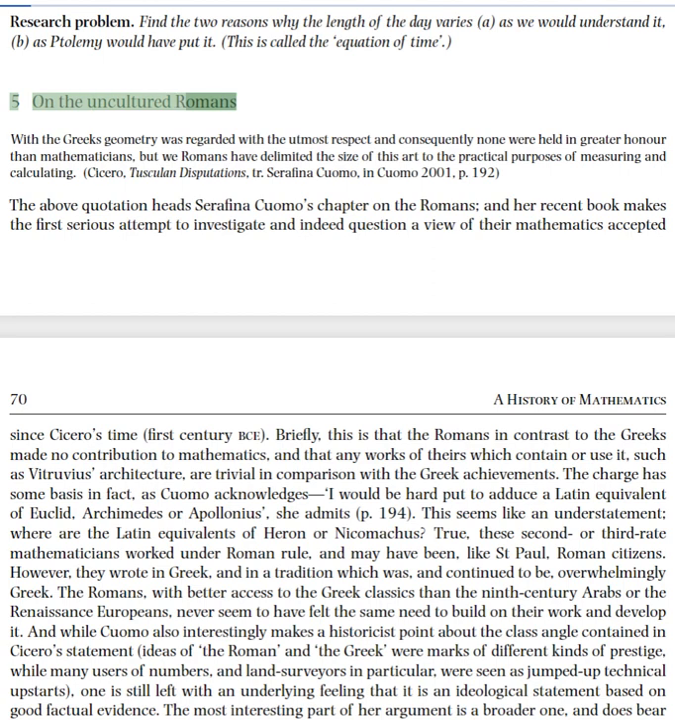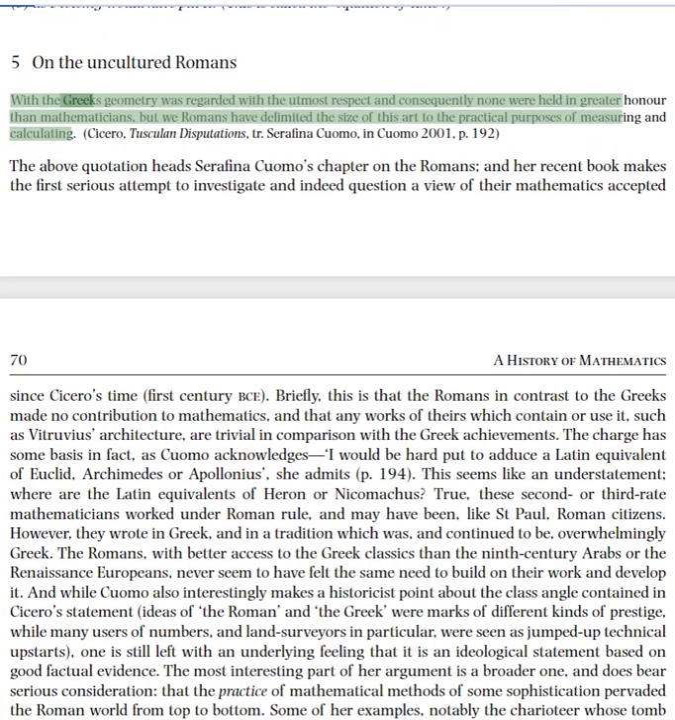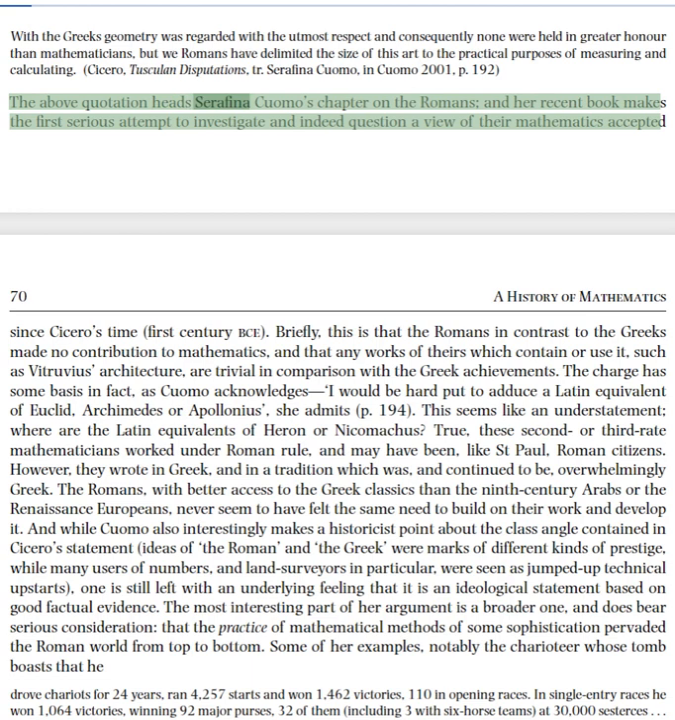5. On the uncultured Romans. With the Greeks, geometry was regarded with the utmost respect, and consequently none were held in greater honor than mathematicians. But we Romans have delimited the size of this art to the practical purposes of measuring and calculating. The above quotation heads Serafina Cuomo's chapter on the Romans, and her recent book makes the first serious attempt to investigate and indeed question a view of their mathematics accepted